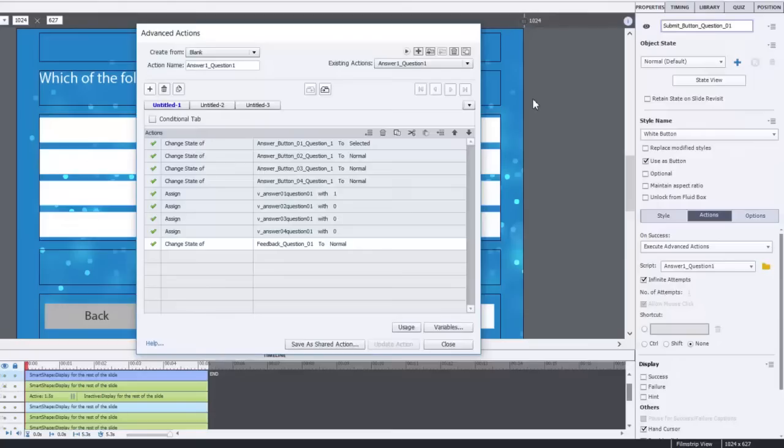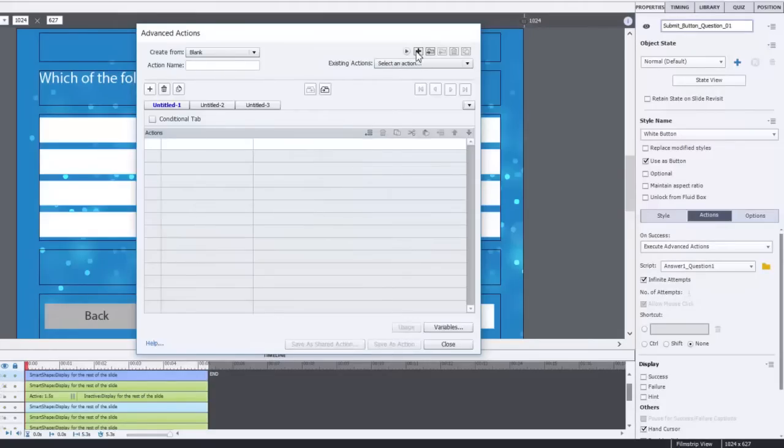We need to create a new advanced action. It defaults to one of the previously existing advanced actions. So we're going to create a new action, and we're going to give it a name. We'll call this submit_question1. Now, in this particular case, this is an advanced action that requires a condition to be met